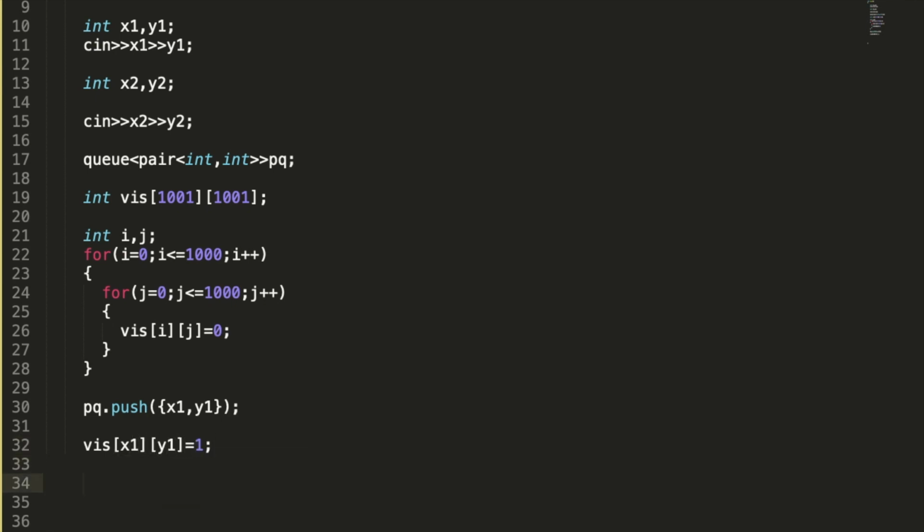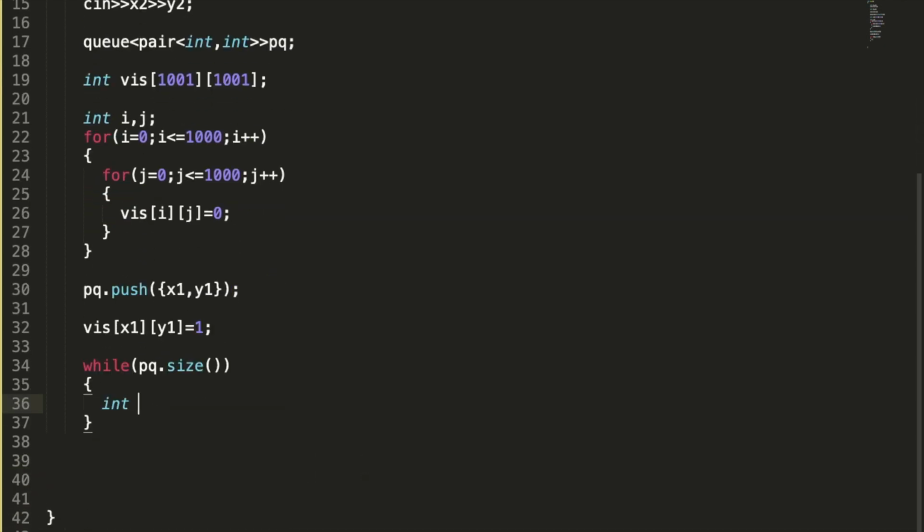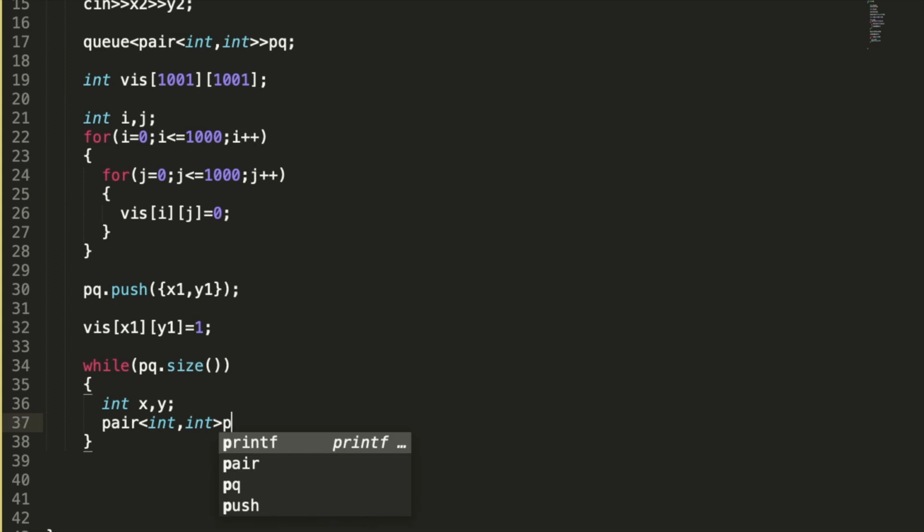Okay, so I am going to run the loop till I have some elements in the queue. I'm going to take out the pair first from the queue. Let us name it p, and p is equal to pq dot front, and I'm going to pop it.